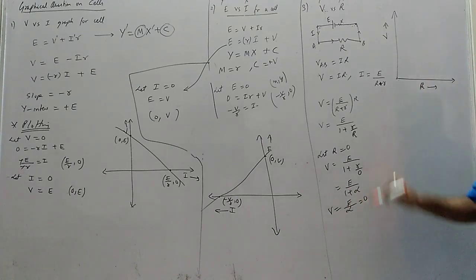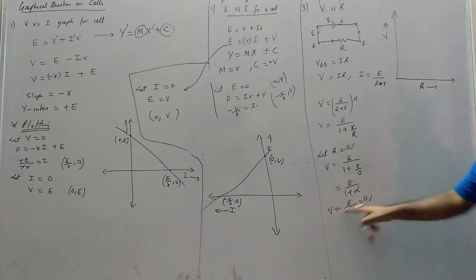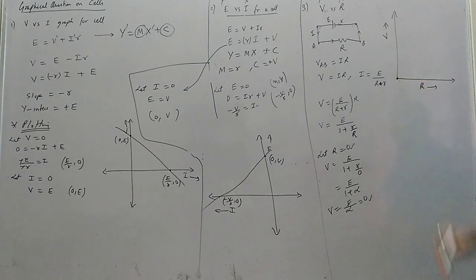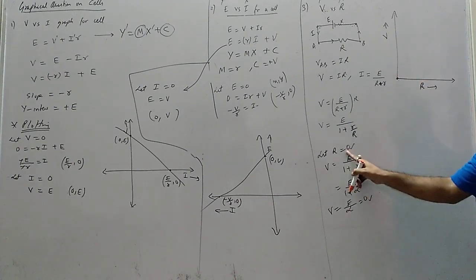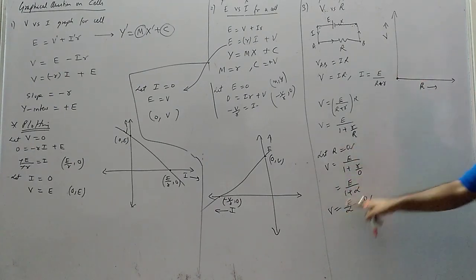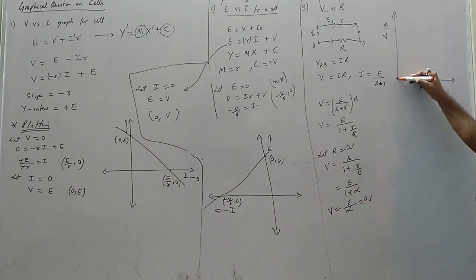So what I am saying, x equals to 0, y is also getting 0. For r 0, v is also 0. That means the graph will start from here. You understand? e 0, r 0, तो v भी 0 आ रहा है, तो ग्राफ ऐसे स्टार्ट होगा यहां से।